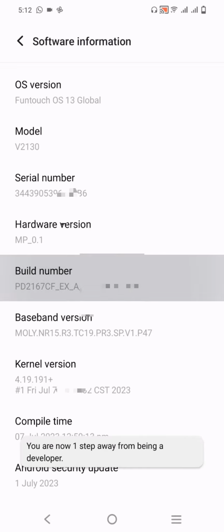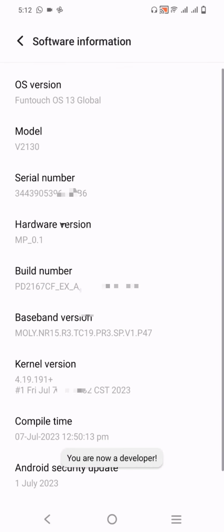Okay, here type your password. Check, you are now a developer. Okay,